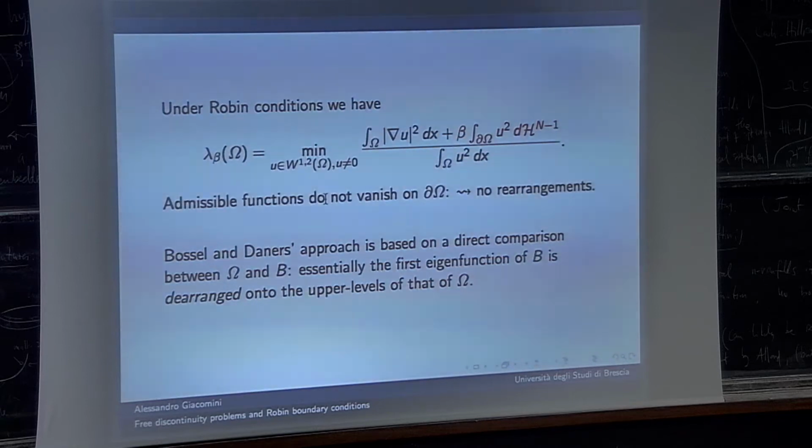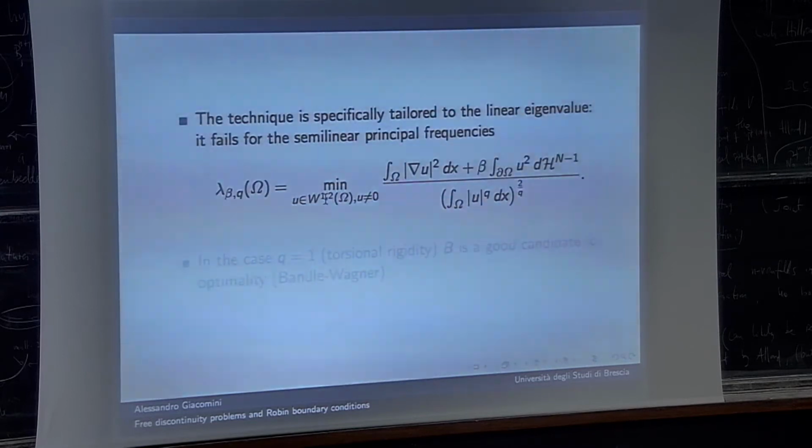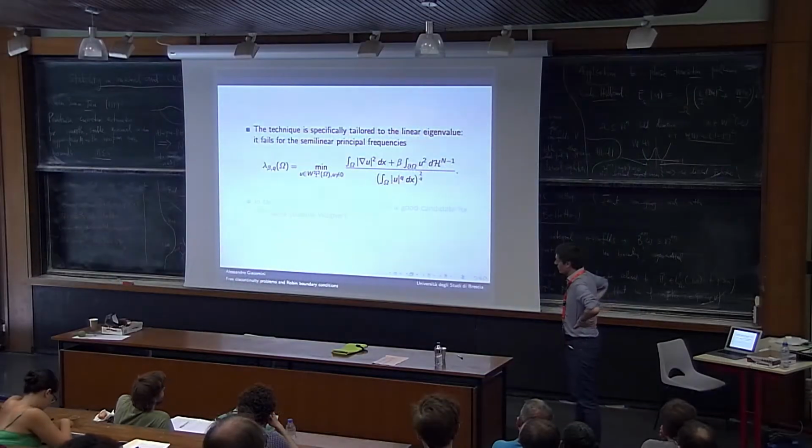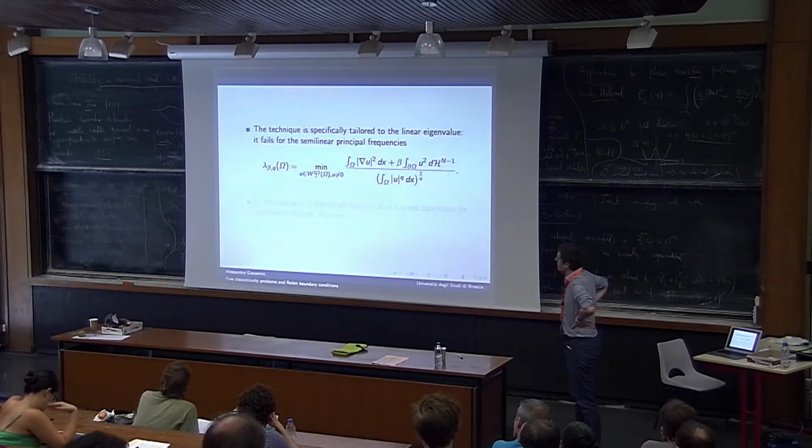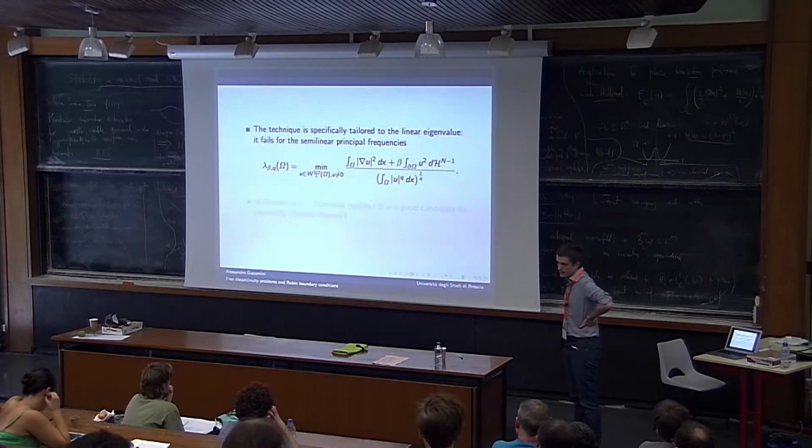That is, this representation through the H functional completely fails if, by analogy, we move to some sort of semi-linear variance of the eigenvalue as before by replacing u squared with u to the power q. Then the representation through the H functional does not work. And so formally one can ask again, for every q subcritical, is or not the ball the minimizer of this sort of principal frequency under a volume constraint. Except for q equal to 2, an interesting case of course,